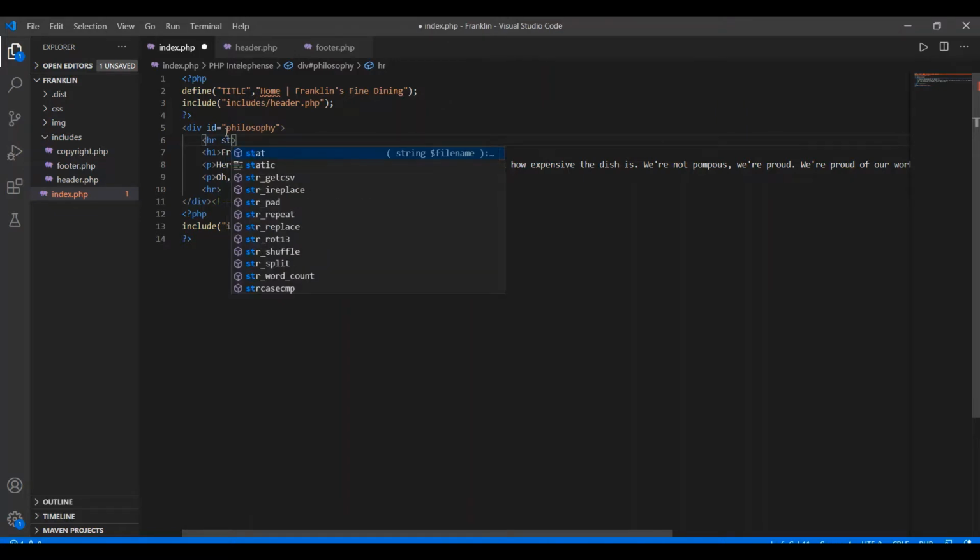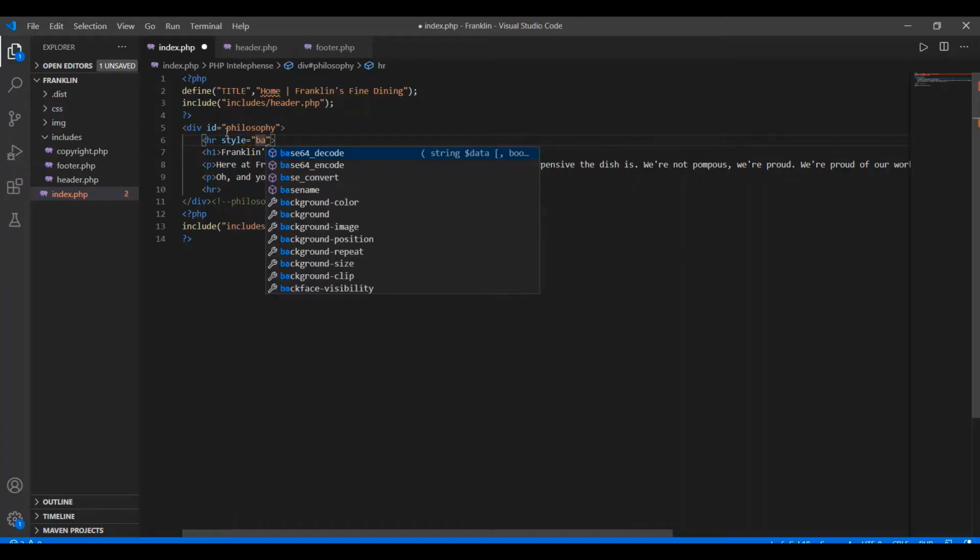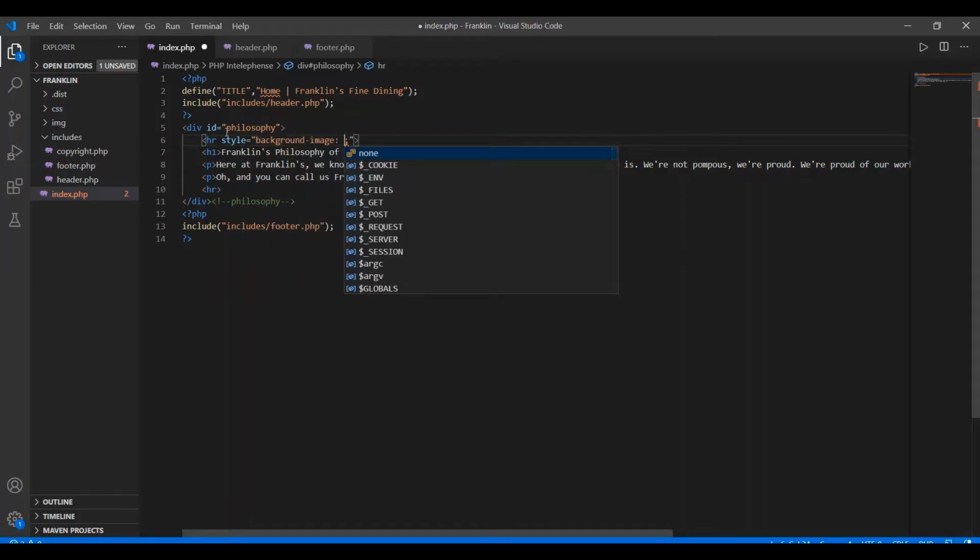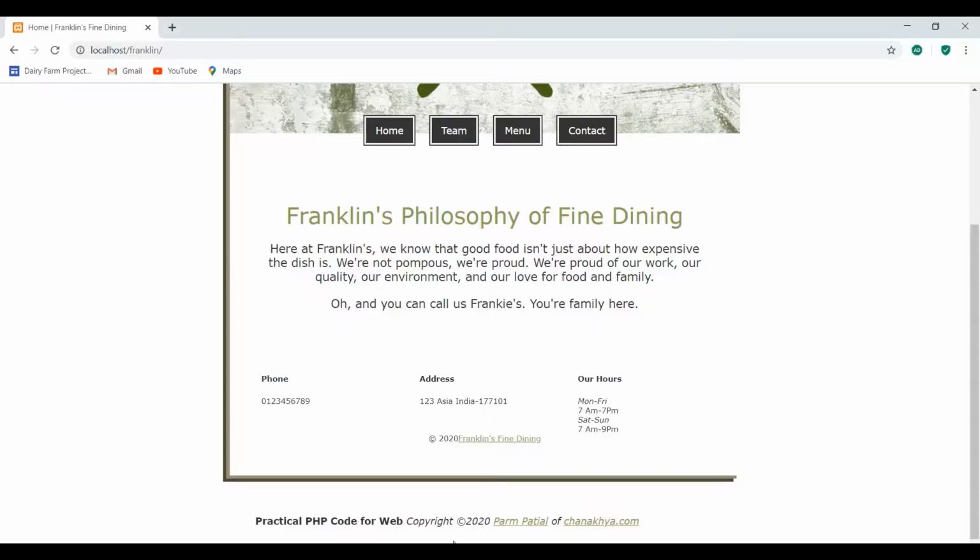For this I'm going to use the style property, and here I'm using a background image that I would like to insert, and to this I'm using URL, and here I'm giving the path to the image, the hr.png file that I would like to include here. Save your changes once again, and here we are going to refresh it.